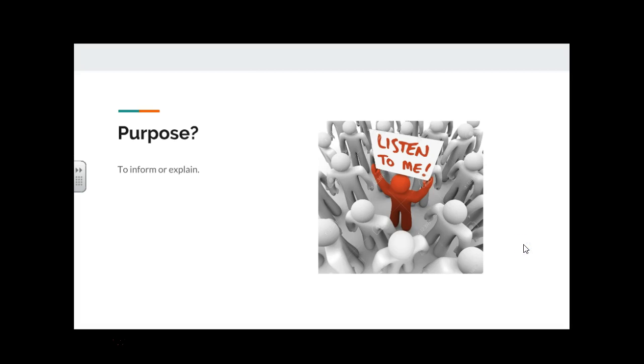So, the purpose of expository writing is to inform. In this type of essay, you are explaining something to the audience. You're not persuading, you're not arguing, you're not telling a story, you are informing them on a topic. In this situation, what are you informing the audience on? How symbolism